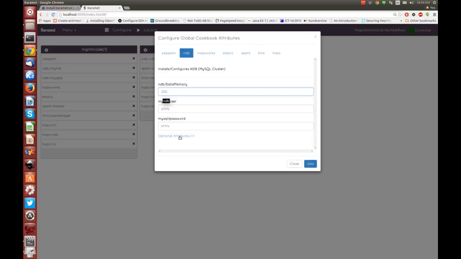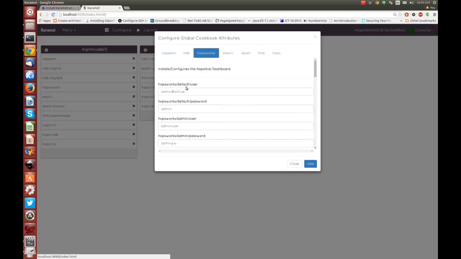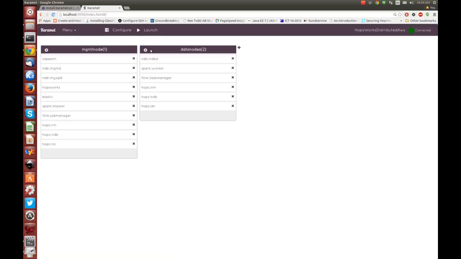That's not very much. And then we have passwords for a lot of the services here. So I'm not going to go through all of those. We have passwords, obviously you should set. We have some default values put in here, passwords for the HopsWorks application and for Glassfish, and also for MySQL server. But I'm just going to accept them as they are, and I'm going to go straight ahead and launch